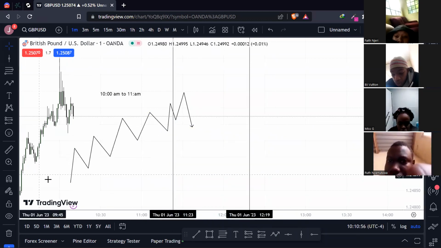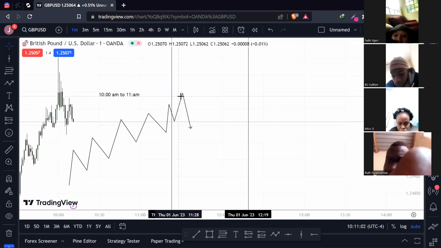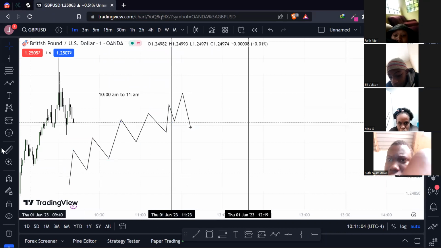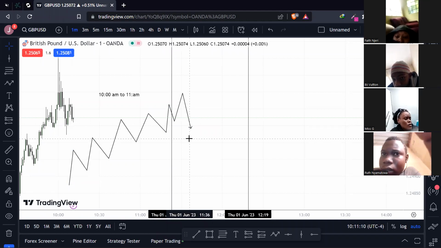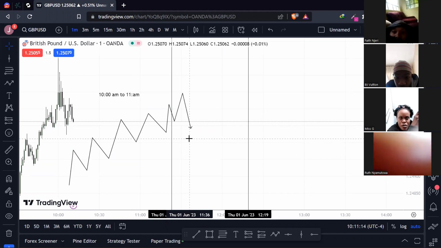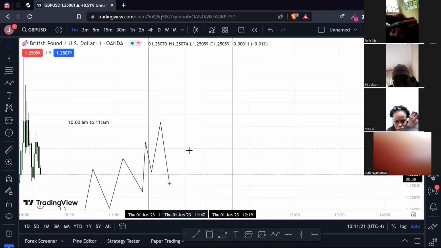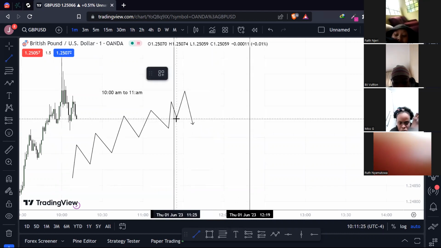So at this time you don't trade anything, but at 10 a.m., when the 10 a.m. starts, you want to see a market structure shift with the displacement. Displacement is when you have a strong candle with strong bearish pressure or strong bullish pressure. I'll show you the charts, but first you need to understand the things. So the market structure shift is, if you can see